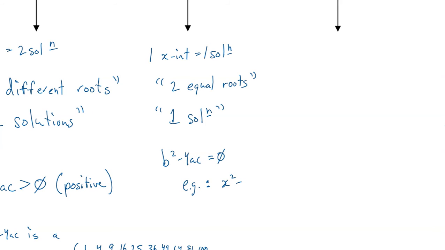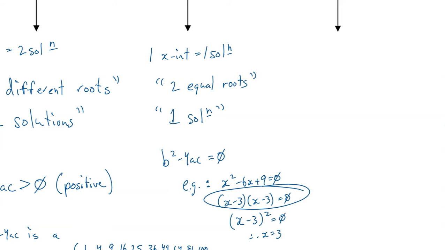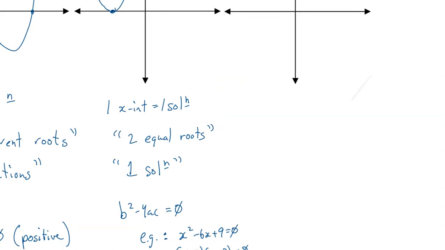Would be x squared minus 6x plus 9 equals 0. And that gives me x minus 3 equals 0, or x minus 3 all squared equals 0. Therefore, x equals 3. This is why we say it has 2 equal roots, because there are 2 brackets, but they're the same. But it only gives me one solution. The same solution twice. So we call that one solution, but we call it 2 equal roots. Okay, finally,